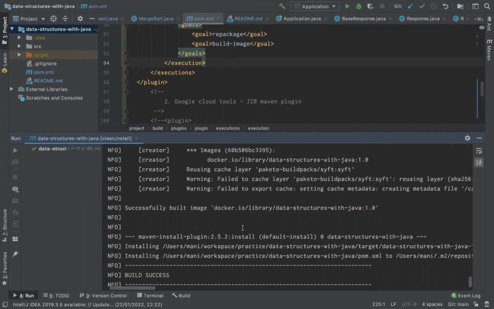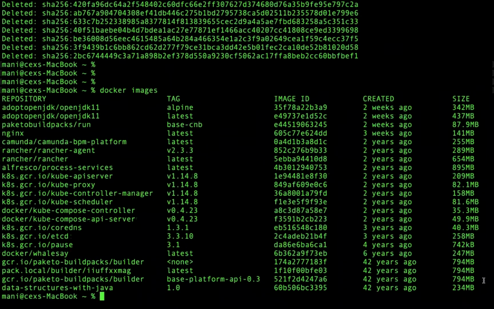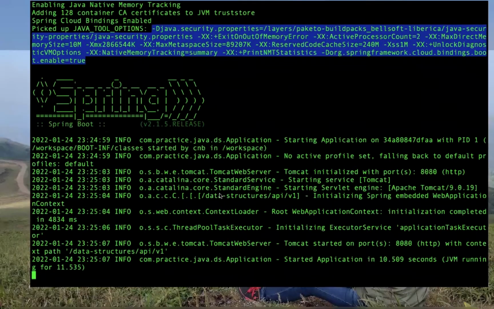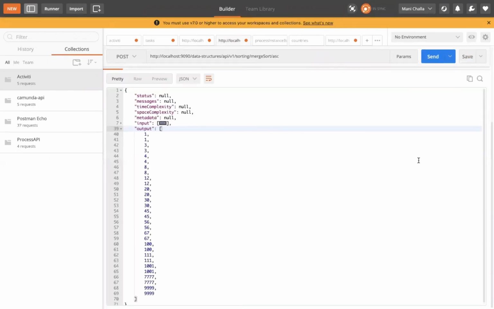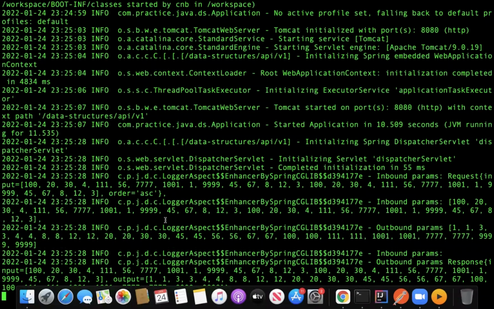The image is created by using Spring Boot Maven plugin as well. Now if you take a look into the images, a new image has been created, and if you identify that created timestamp, it is 42 years ago, because we have not given any creation timestamp at the time of Spring Boot Maven build. I'm going to execute the same commands to validate whether the created image is accurate or not. I'm starting the container using this image. Now the application is up and running. We have to trigger the same REST endpoint. Even we got the response,